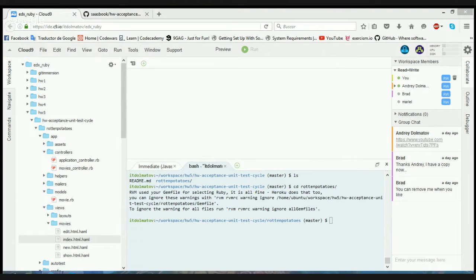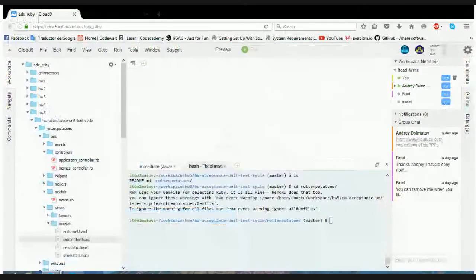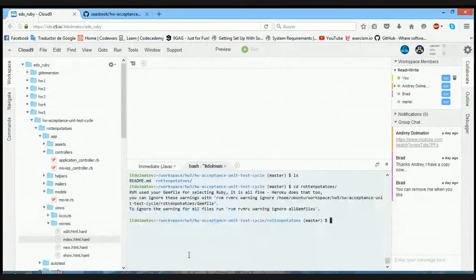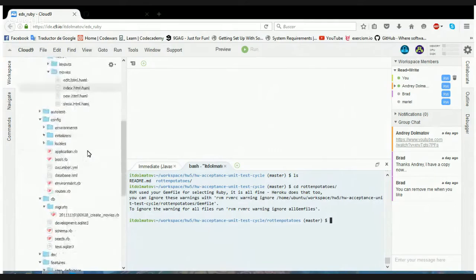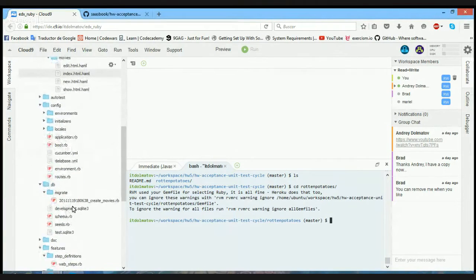If you see in the directory db migrate, we could only see one file, create movies rb, and in the directory db seed. We see that,